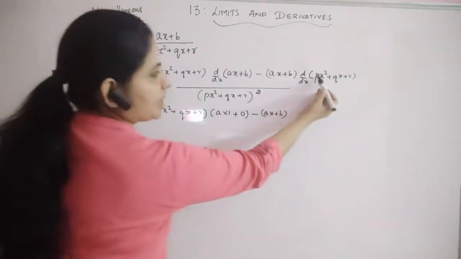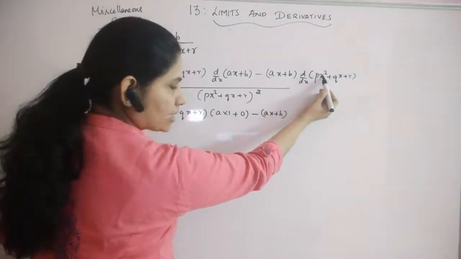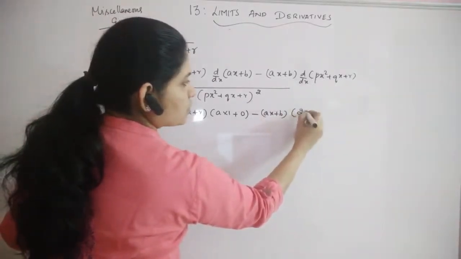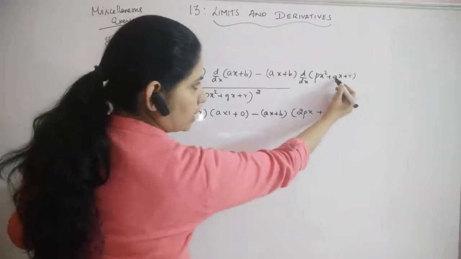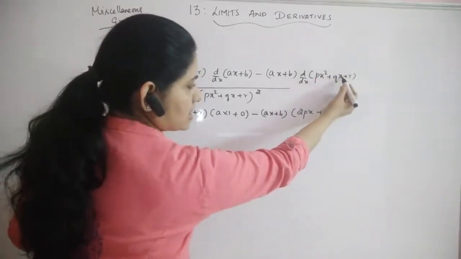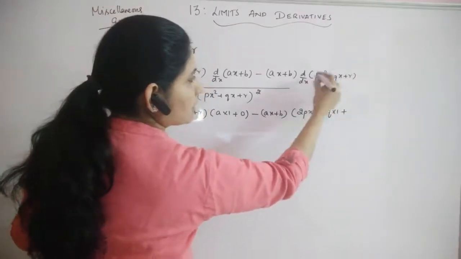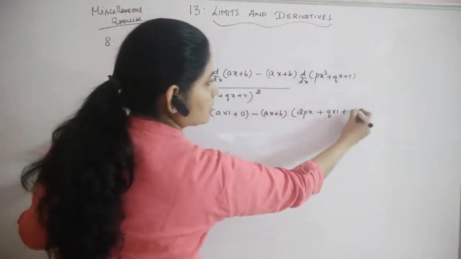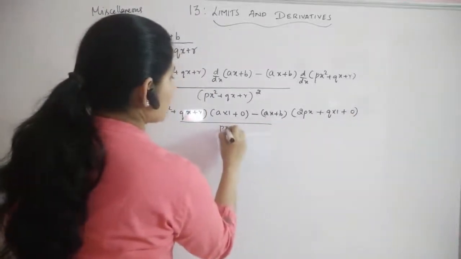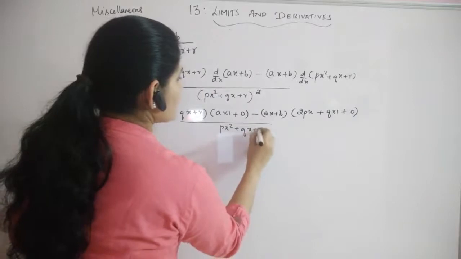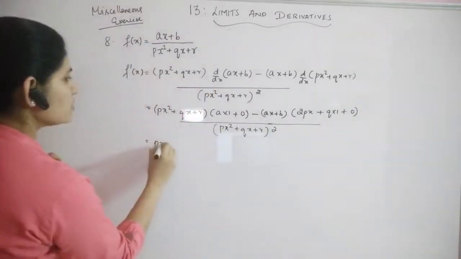Now again p is a constant, the derivative of x² gives 2x, so the first term is 2px plus q into 1, since q is constant and the derivative of x is 1, plus the derivative of the constant, which is 0, divided by (px² + qx + r) the whole square